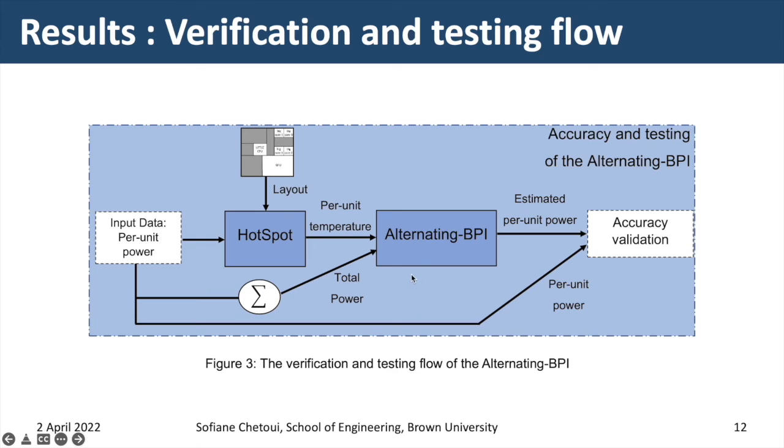And then the output of the alternating BPI is the estimated per unit power, which is the pk vector that we already discussed. And then the estimated per unit power of the alternating BPI is compared to the per unit power that we have given as input to the HotSpot simulator to try to compute the accuracy of the